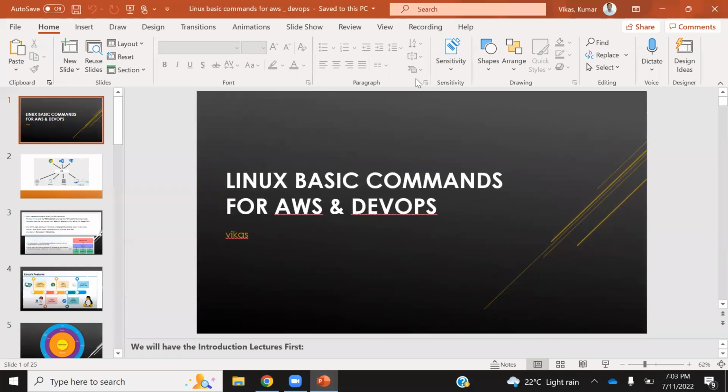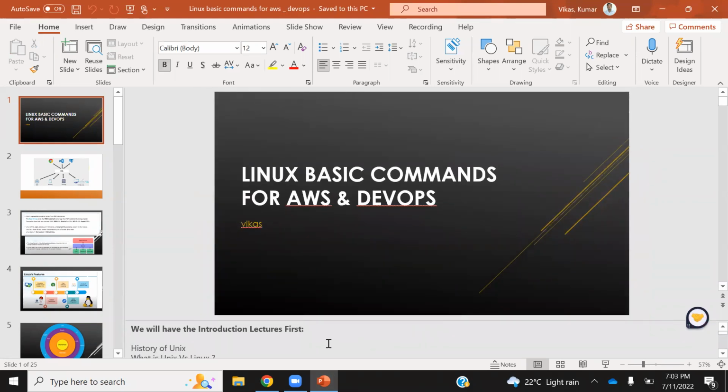And to start with DevOps, the prerequisite is to start with Linux. Now, why should I talk about Linux and what is the benefit of going ahead with Linux? You should understand: are Linux and Unix two different things or the same thing? So we will be talking about the history of Linux. Where did Unix come from? Where did Linux come from? Then what are the various distributions of Linux? What is the Linux file system? What is an operating system? How to do permissions, how to write scripts, and what the Unix architecture looks like.